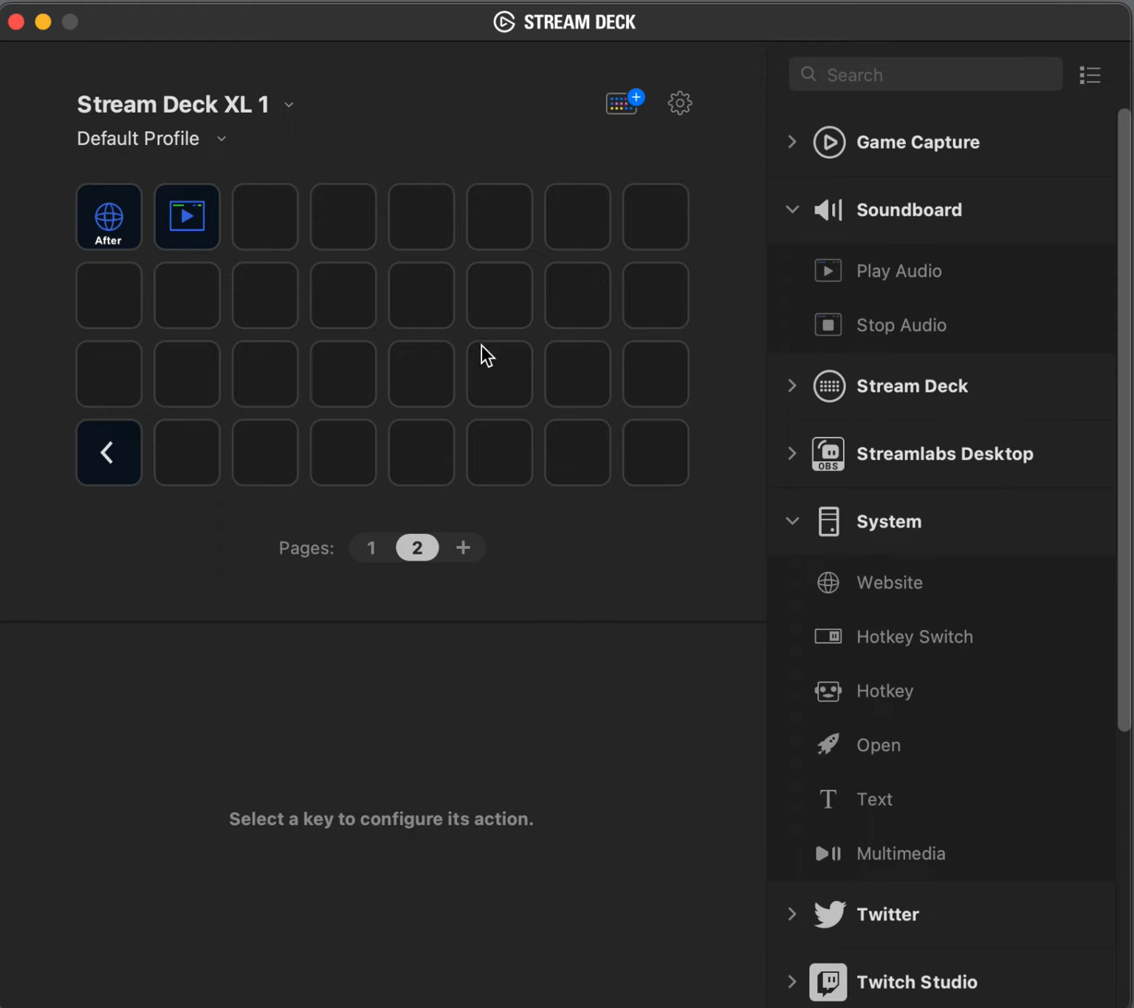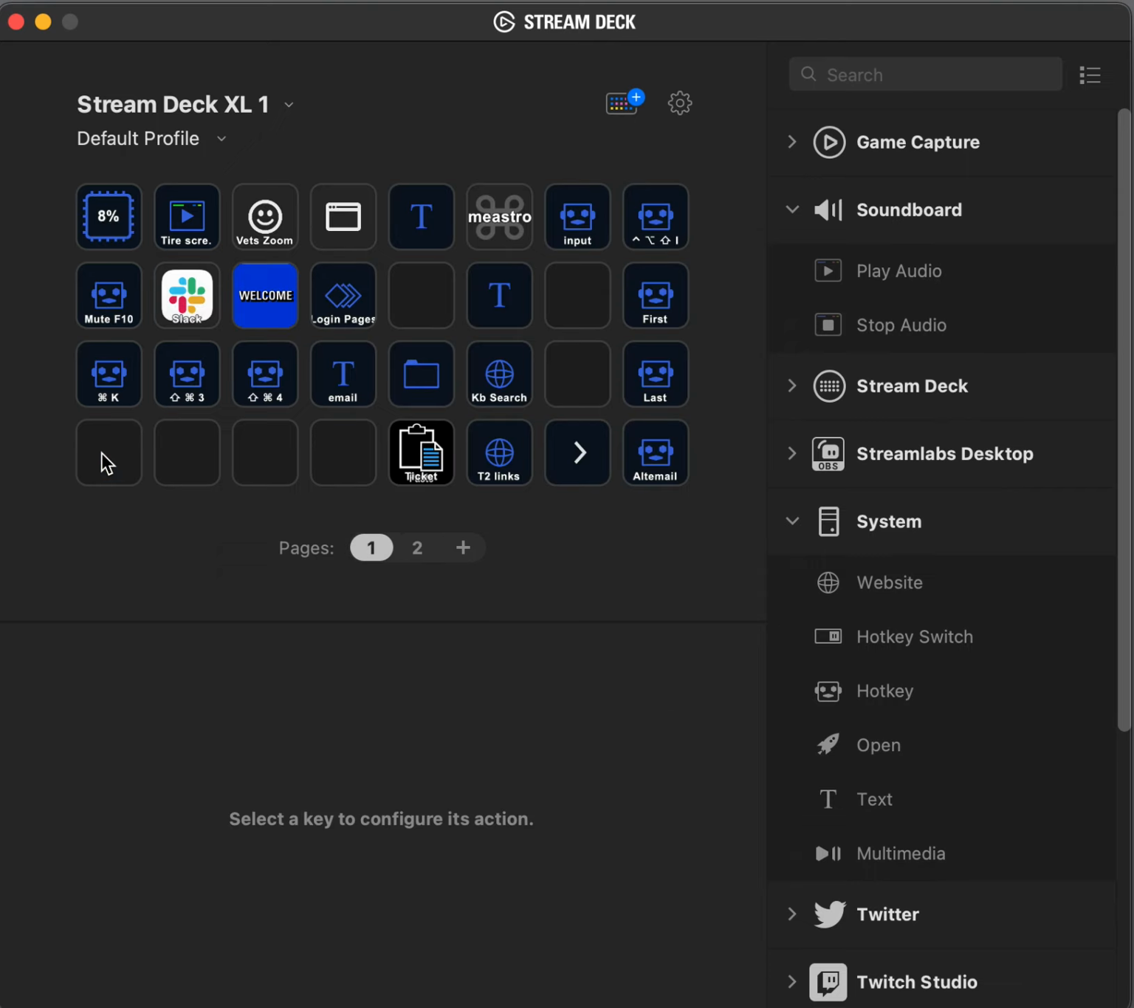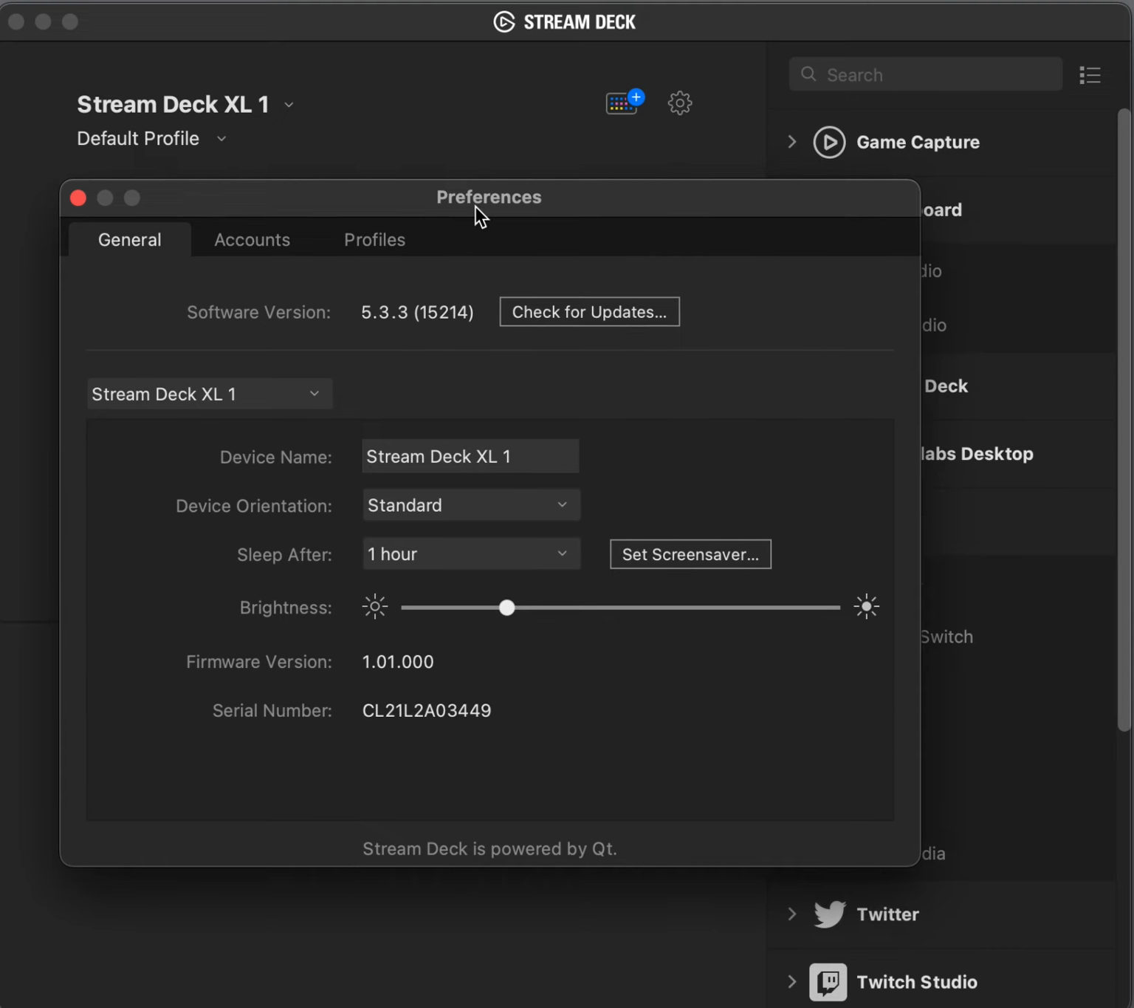And sure, there's space on that other page right now, but I need this way. So anyways, I could not, on the Stream Deck, click here to return back to this page. So I went in and updated the software to version 5.3.3.15.214. And so I had this page open, and I had noticed that